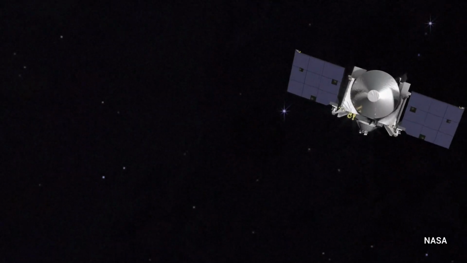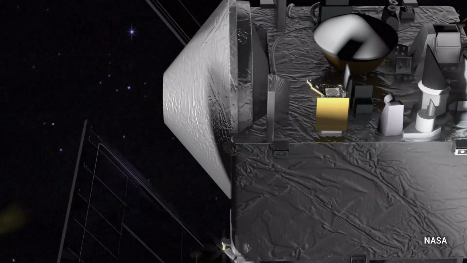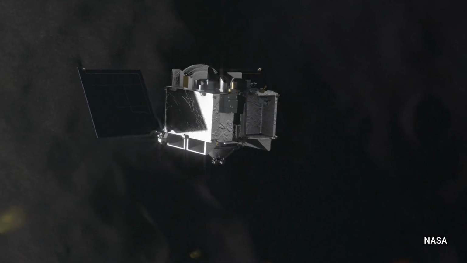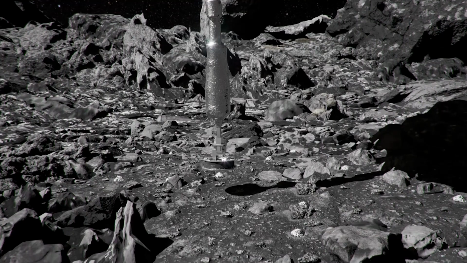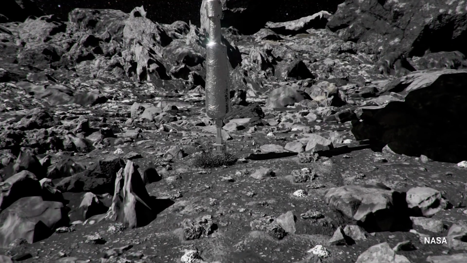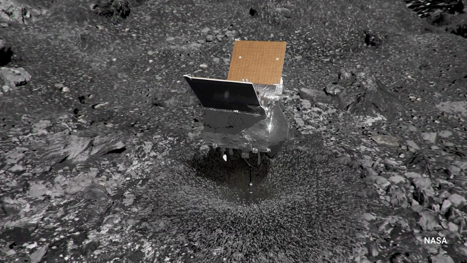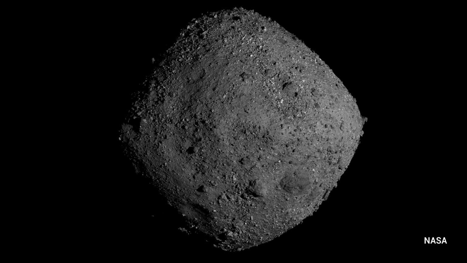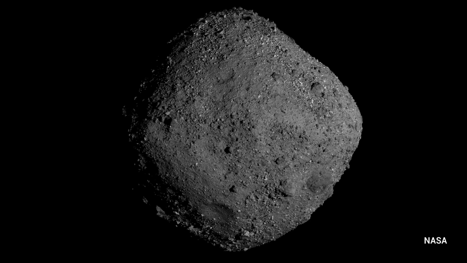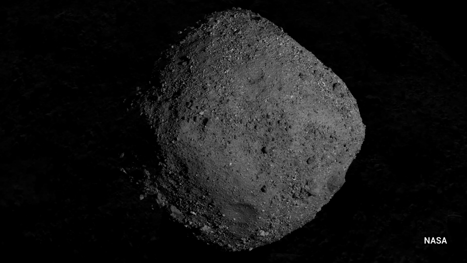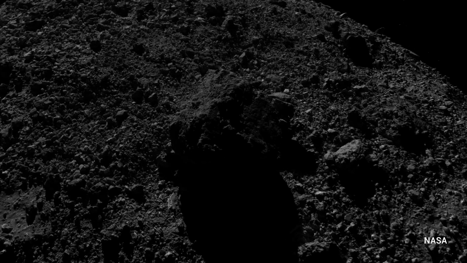The OSIRIS-REx mission launched in 2016. It traveled 1 million miles to reach Bennu in 2018. It collected a sample that could be hundreds of grams in amount, which came here in 2023. This is an asteroid which is considered to be a near-Earth asteroid. So there's a great opportunity to collect a sample from a pristine asteroid that was involved in the early solar system evolution.